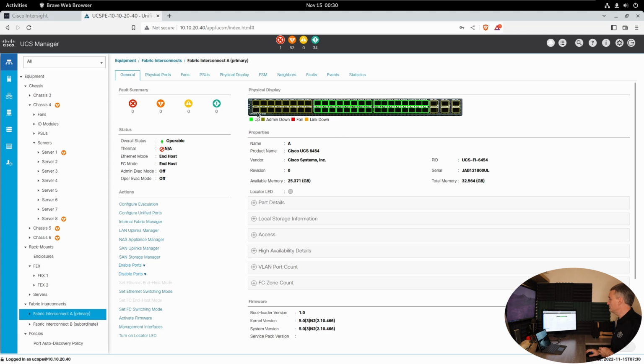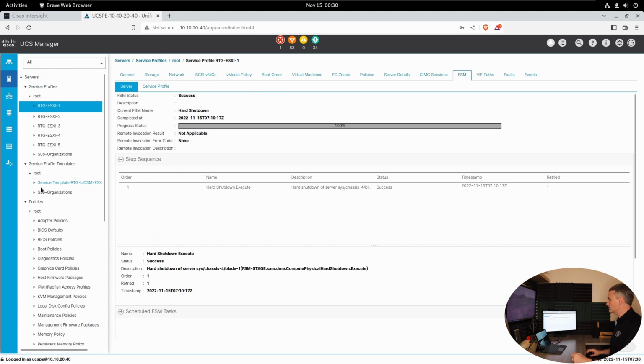There's also some of these interfaces are called unified ports, so you can actually set them, instead of being Ethernet interfaces, you can set them to be fiber channel interfaces for a SAN connection out to a storage. Now, when you're going through here, there are the different tabs, and as I talked about the 3 Ps, you have the pools, policies, and